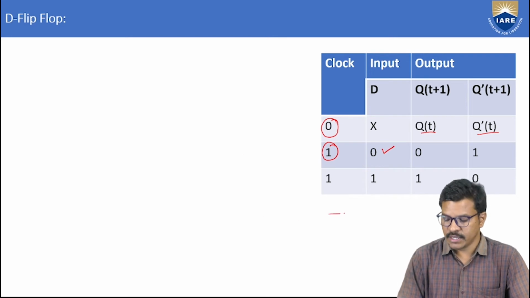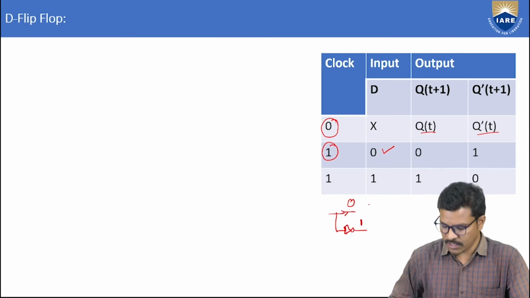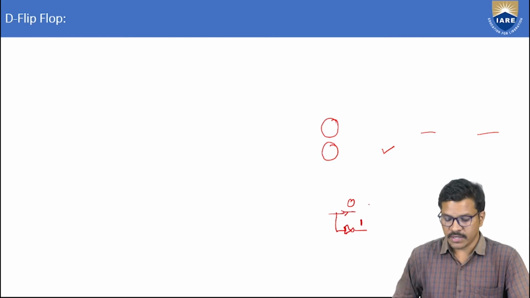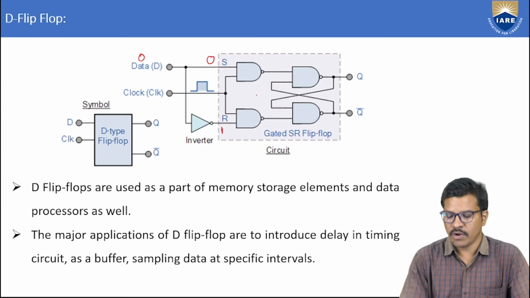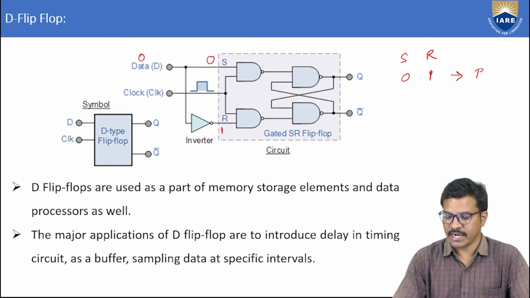D equal to 0 means S is 0 and its complement R is equal to 1. When S is 0 and R is 1, we come under the SR flip-flop case, S equal to 0 and R equal to 1, which is nothing but reset